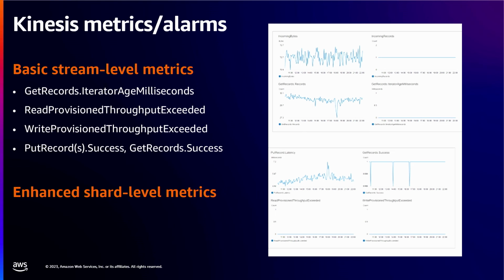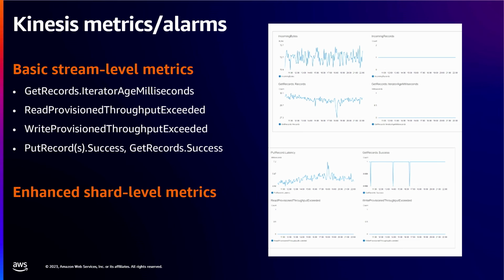You've got the GetRecords.IteratorAgeMilliseconds, which measures the difference between the age of the last record consumed and the latest record that is put onto the stream. If this is too high, it basically means you aren't processing your data quickly enough. A rule of thumb we say is this value should generally not exceed 50% of your stream retention, because if you reach 100% of your stream retention, you're going to lose your data. So if you are getting behind, maybe a temporary stopgap is to increase the retention time of your stream. The better solution is to add more consumers to keep up, but at least you're not going to lose any of your data records by being able to increase that retention time.